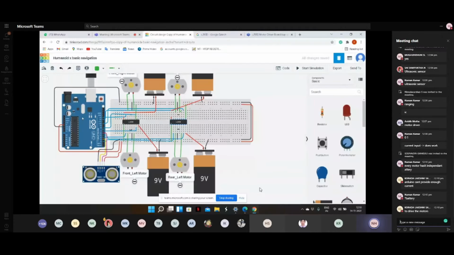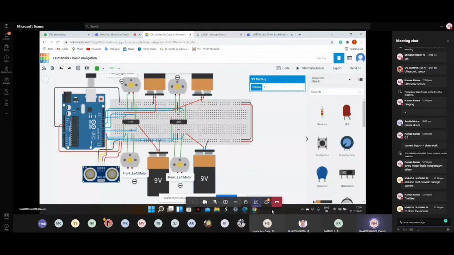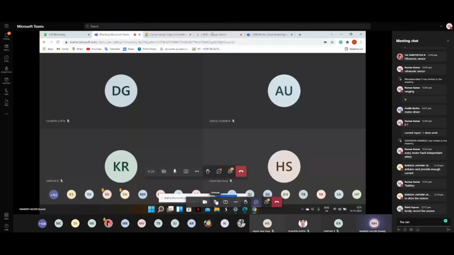And most of you must have been questioning that there's a 5 volt output here, right? So why are these 4 batteries required? Since there's a 5 volt output here, why are these 4 batteries required? We can just directly connect these motors to the 5 volt output, right? Does anyone know that? Let me explain it to you. Why is an external power supply required?